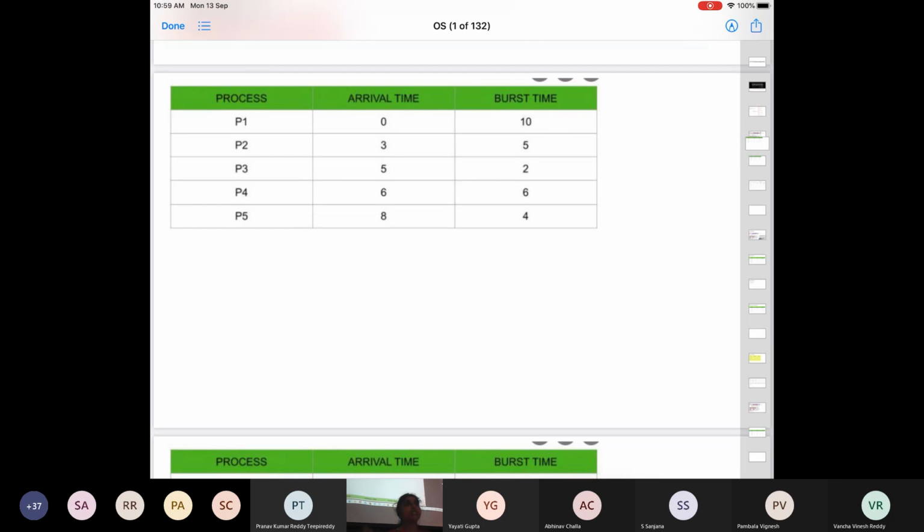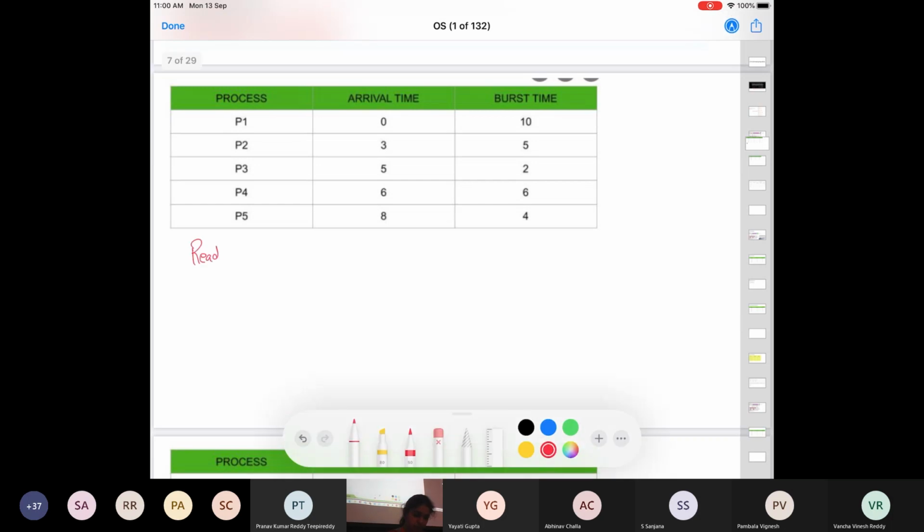So let's go time step by time step and see what is happening. Let's say I booted my system and it is time 0, just to keep things simple. And at time 0, P1 comes. Right? P1 comes, it's converted into a process, it comes and sits in the ready queue. So let's make a ready queue here. I have P1 here. It's the process control block for P1. It sits here. And as of now, the scheduler knows nothing else. So for the scheduler, there is only one process sitting in the memory. And according to FCFS, it will start executing P1. Right?